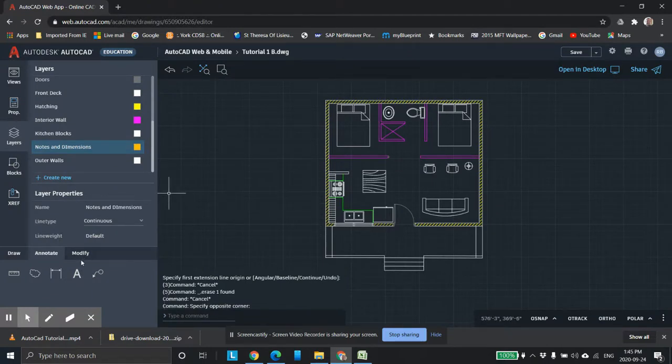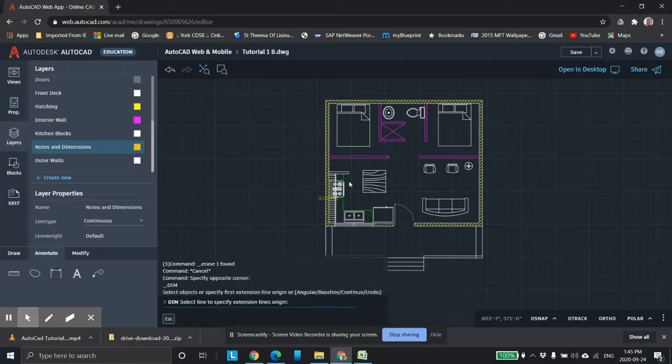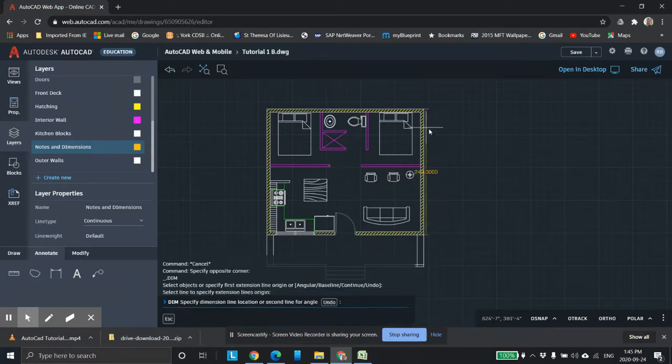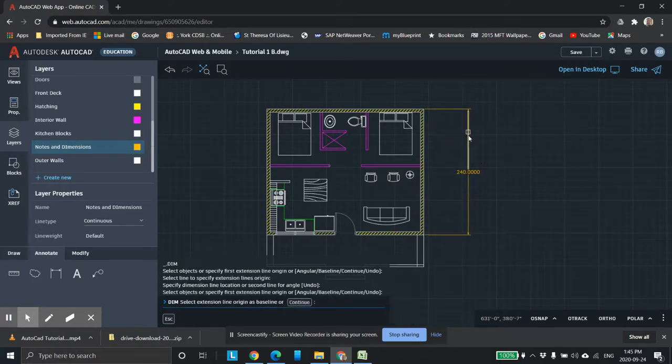You come in to annotate. So we'll do the overall dimensions first. And again, it's just an overall dimension. So the length and the width of the house kind of thing. So I'm going to grab from here. Now you see that's jumping. I've got the O-snap turned off right now. So it's just assuming I want that long dimension, which I do. I'm going to bring it out, but what you're noticing is it's in